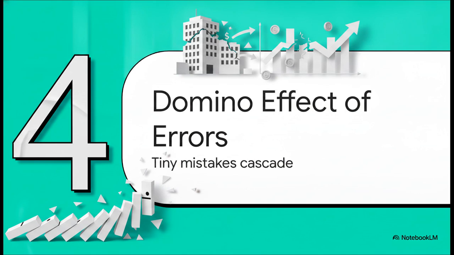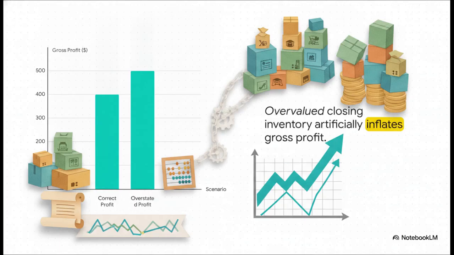Section 4, the domino effect of errors, when tiny mistakes cascade. We're now zooming way out from that single item on a shelf to watch how one tiny overvaluation triggers a catastrophic domino effect across an entire company's financial statements. Take a trader named Akio, for example. If his correct gross profit is $400, but his overstated gross profit sits at $500,